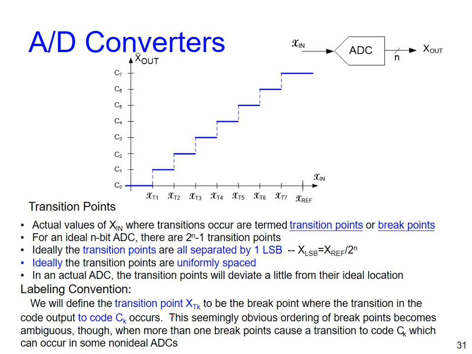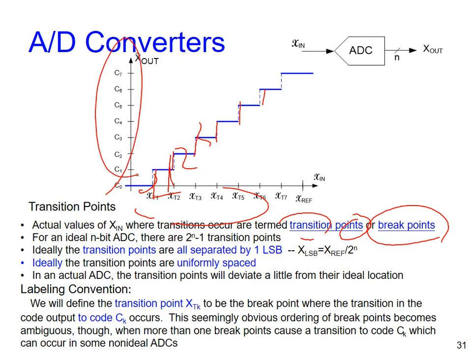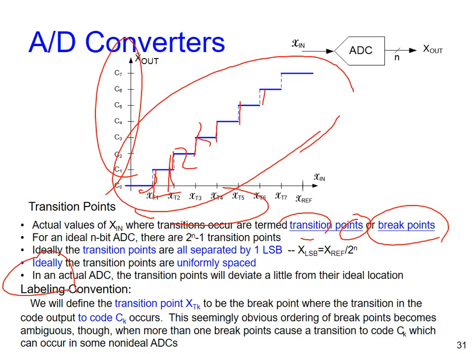Okay? And also you can see the other definition is we call it transition point or break point. For the jumps of your input from 0 to 1, 1 to 2, 2 to 3, all those values to get jumps for your output code. We call it transition points or breakpoints. That is another good definition for the conversion curve. Ideally, all those transition points or breakpoints, they are evenly distributed along your input range.